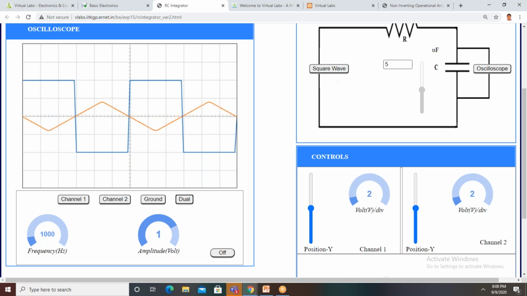If you want to see both input and output at a time, click on 2L. This is only channel 1 input, channel 2 output. If you want to see both, you click on 2L. We can see both. So like that we can perform. This is channel 1 voltage per division, channel 2 voltage per division, and this is time per division. Sorry, this is CRO frequency, and this is the time per division. These are the control panels in your CRO.